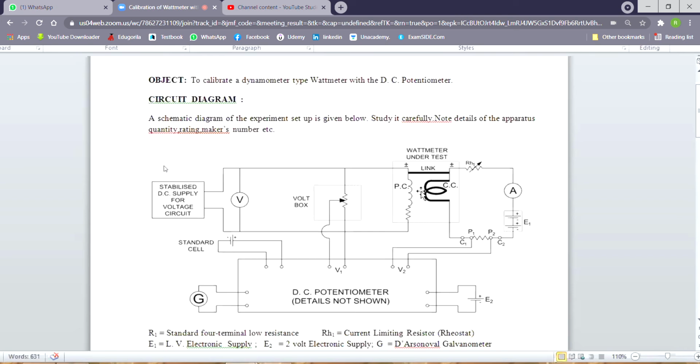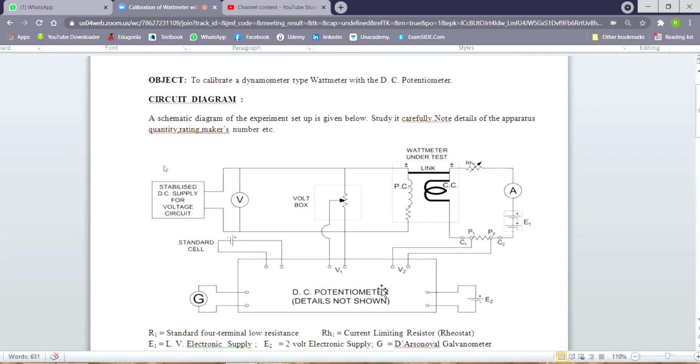Now, there is no load at all, but how much is the wattmeter reading? 100 volt in the pressure coil into 5 ampere, so 100 into 5 means 500 watt, or half kilowatt. This is the full scale reading, say, of the wattmeter. So the wattmeter gives a reading of 500 watt, but the actual power consumption in the circuit is 15.1 watt only. So there is a lot of saving in power because of the absence of actual load.